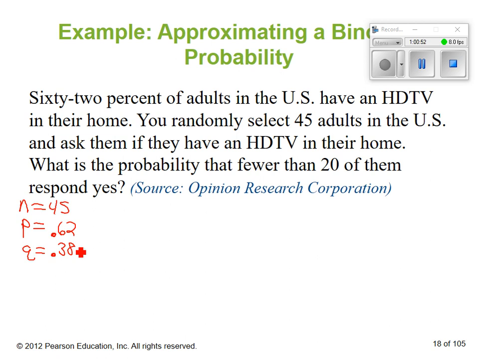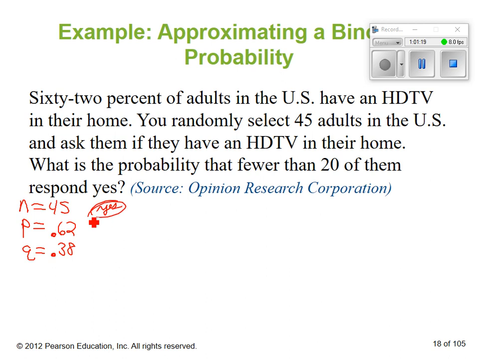The first thing we've got to do is make sure that this fits a binomial distribution. Make sure that we can do that. Now, I think we already did that, didn't we? 45 times 0.62 is 27.9. 45 times 0.38 is 17.1. So are both of those larger than 5? Both are larger than 5, so yes,